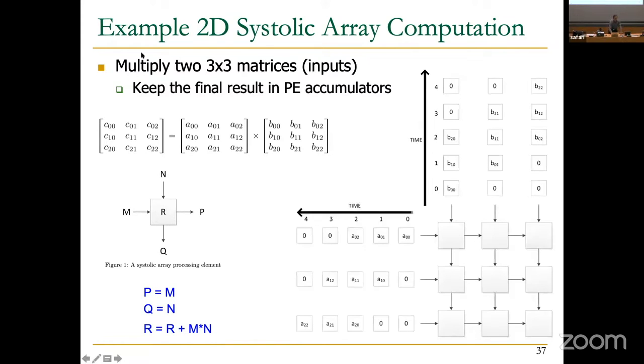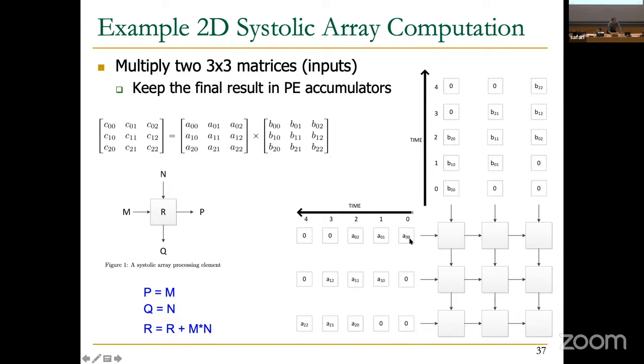Now, if you want to do a 3x3 matrix multiplication, you have 3x3 elements, and the result will be stored in each of these. And this is how you supply different elements of each matrix every cycle. Matrix A's first row goes this way, left to right. Matrix B's first column goes this way. And the first element that's computed is A00 times B00, as you can see, and that's going to be accumulated.